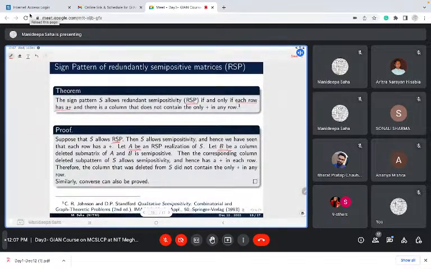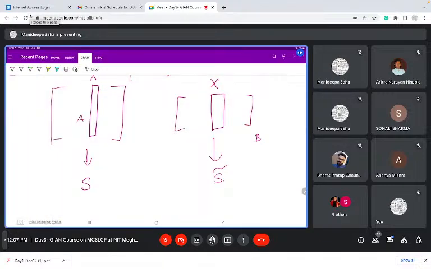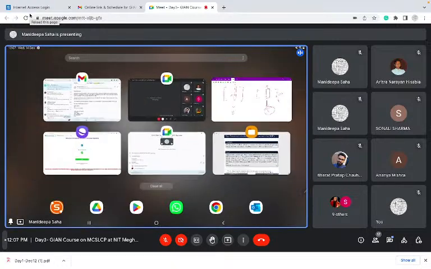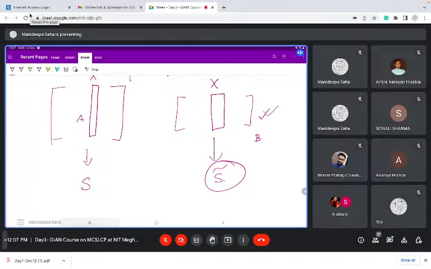So that means that the column determinant submatrix also allows semi-positivity. Yes, because this is a submatrix of that one, and we have a matrix B here. It says that that is also a semi-positive matrix. So it says that this S tilde allows semi-positivity. Fine, because we can find a matrix B. So if it allows semi-positivity, then it says that